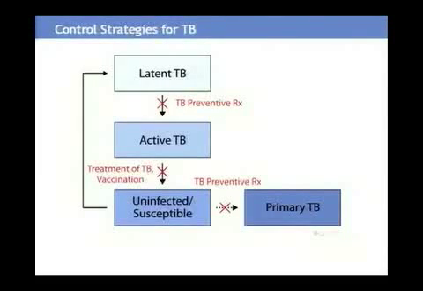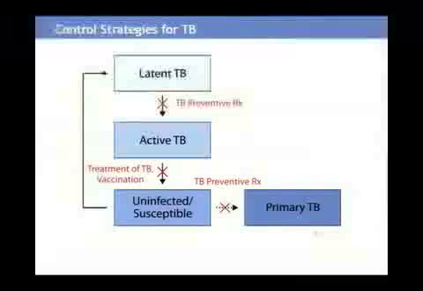And again, up here, as we mentioned, people who have latent TB who receive preventive therapy decrease their risk of progressing to active TB. So these are where the control strategies that we currently have in place can work, except for vaccination, which our vaccine is very limited only to infants. But if we did develop a good vaccine, this is where it would have its most effect.